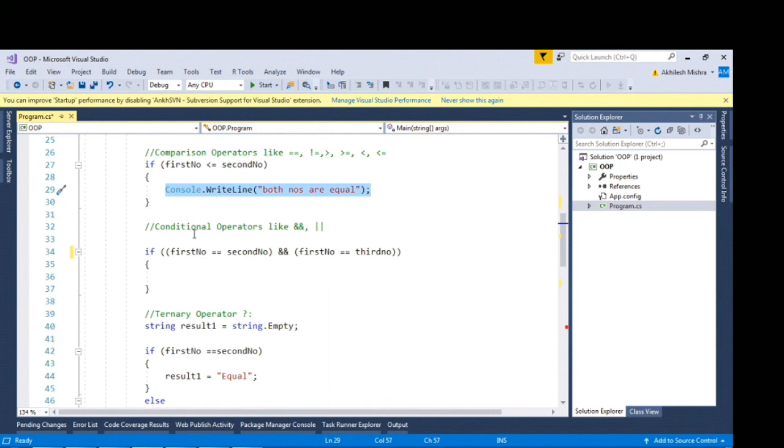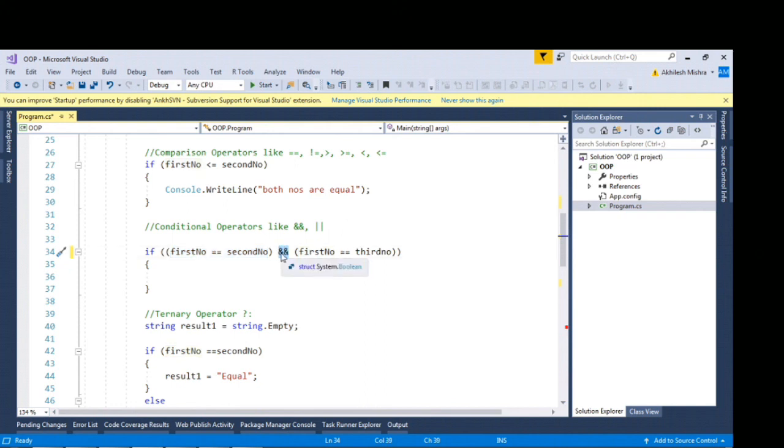Talking about the next operator, which is conditional operator. So conditional operators are used when you want to combine two comparison operators. So if you want to compare with or and. So in this scenario, I'm just trying to compare first number with the second number, and first number is double equal to third number. So I'm using ampersand.